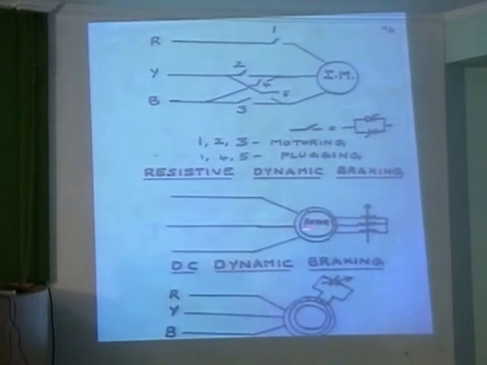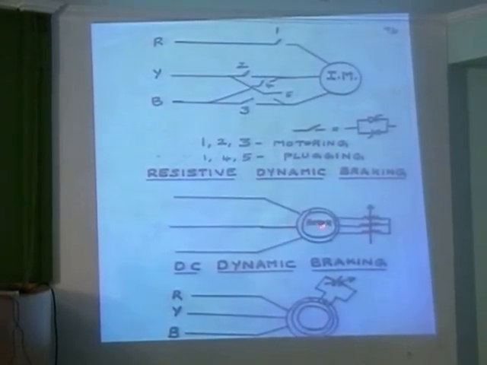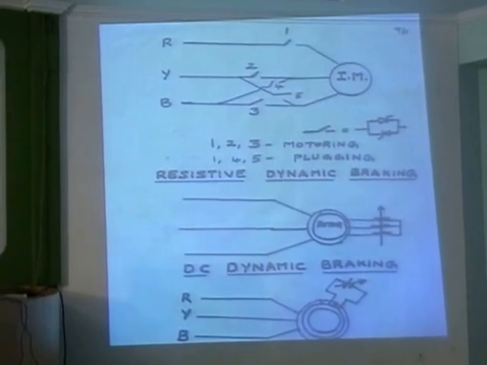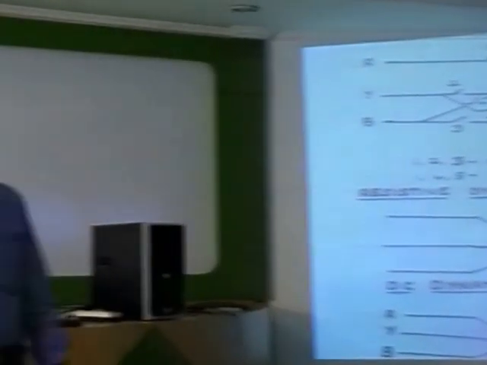Next, resistance dynamic braking is applicable to slip ring type of induction motor, because in slip ring type of induction motor, rotor is wound and terminals are brought outside, so you connect an external resistance box with the help of slip rings and brushes. If you directly connect the resistance box along with the rotor, the box also will rotate. So I cannot ask the rheostatic box to rotate, so I have to have an arrangement of slip rings and brushes so that your box is stationary and slip rings are moving.